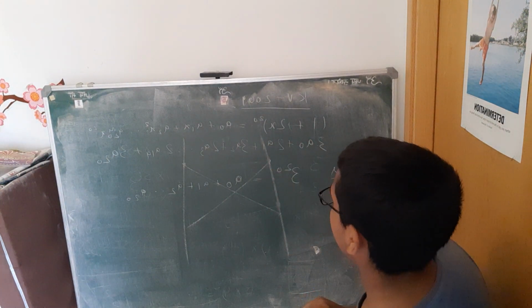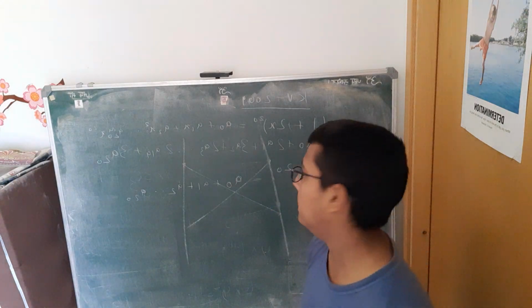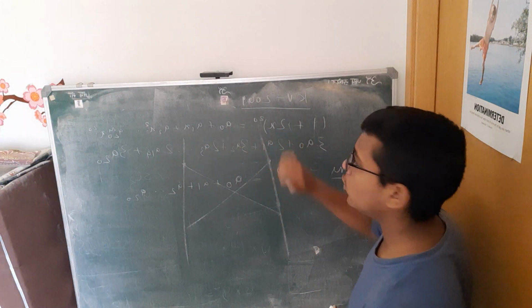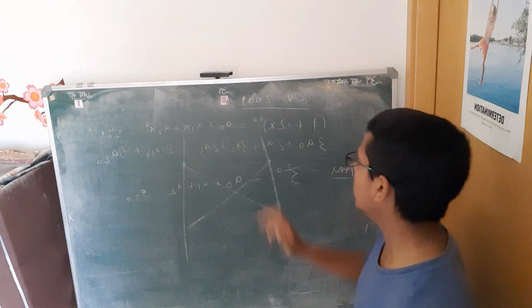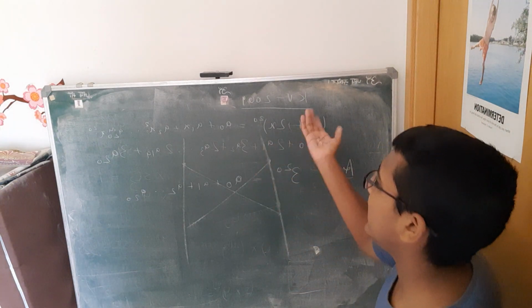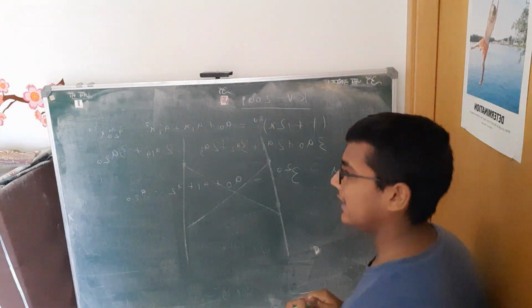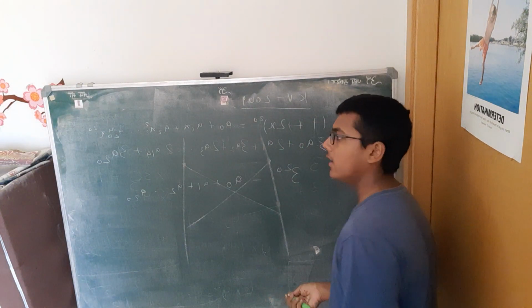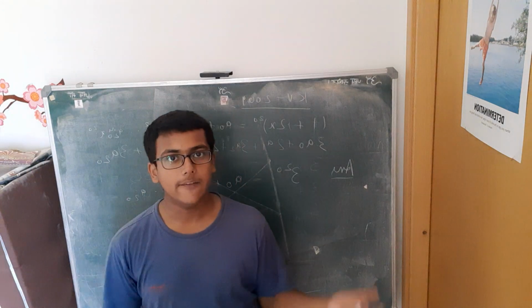The second equation we have is, let's take x to be minus 1. Now if x is minus 1, then 2 into minus 1 is going to be minus 2. Minus 2 plus 1 is minus 1. So minus 1 raised to 20. Now if you know that minus 1 raised to any even power is 1,